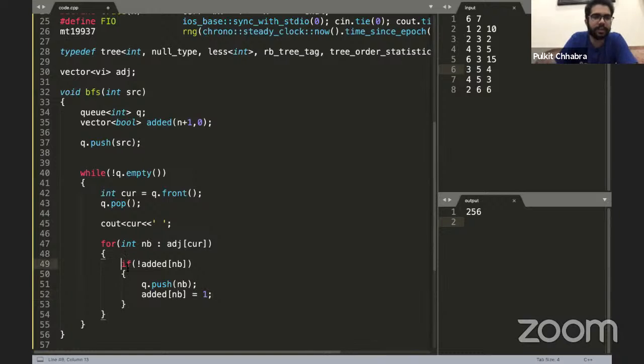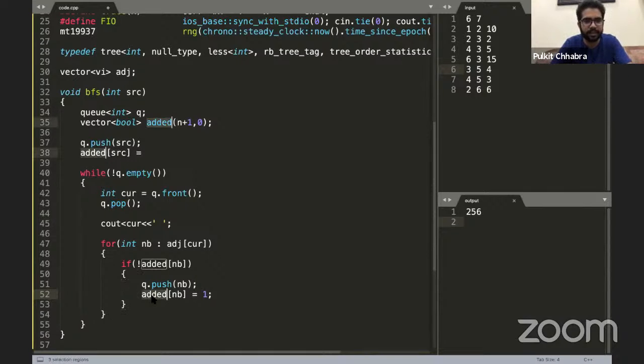Like I said, if the current neighbor has not been added, we should add it to the queue, but also we should update the added value, right? Because otherwise, every time we try to add it, we'll see that it has not been added. There is still one mistake. Let's see if you guys can figure it out. Yeah, right, exactly. So when I said that added should be updated every time, we need to make sure we are updating this array.